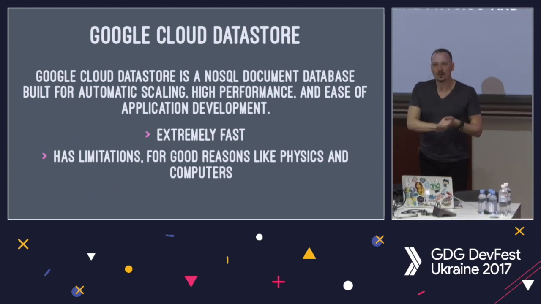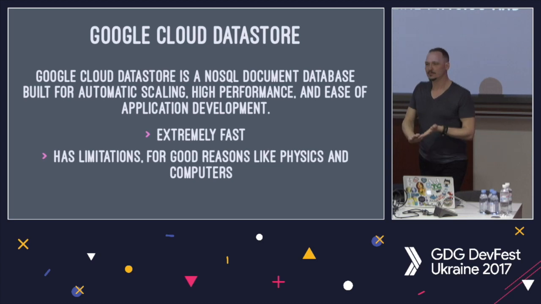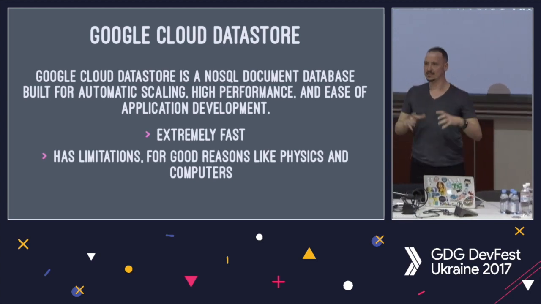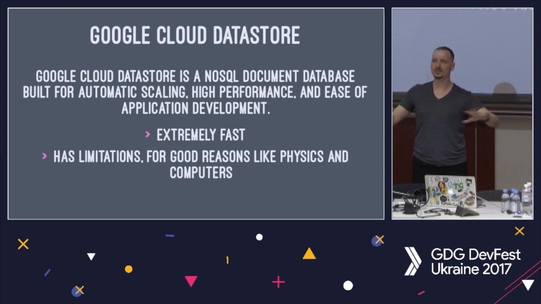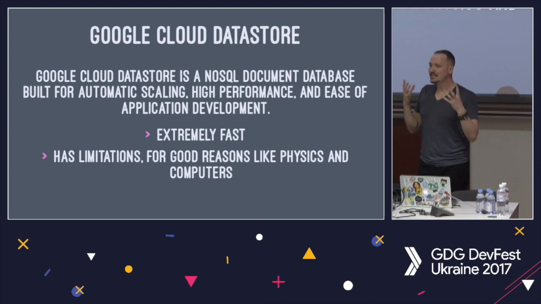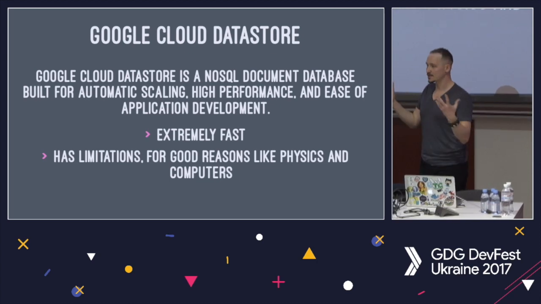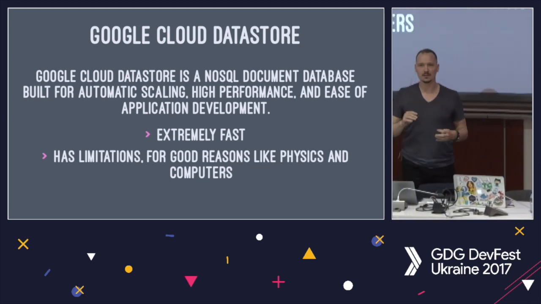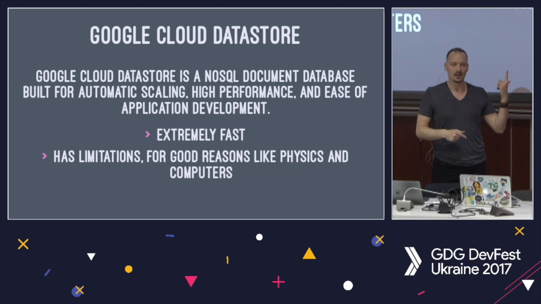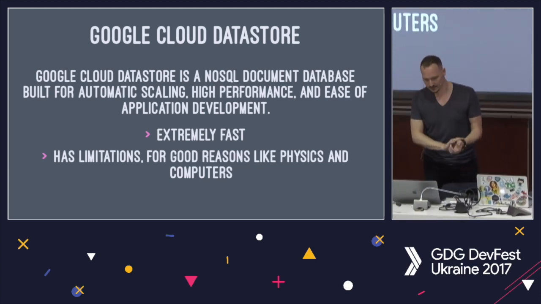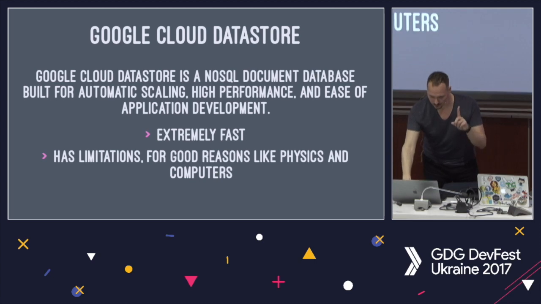One of the cool services available if you use App Engine is the data store. It's based on Google's Bigtable, and it's got some strange things about it, but it's extremely fast. It's proper Google scale. You get amazing speed, but there are some trade-offs to that, and I'll talk a little bit about that now.